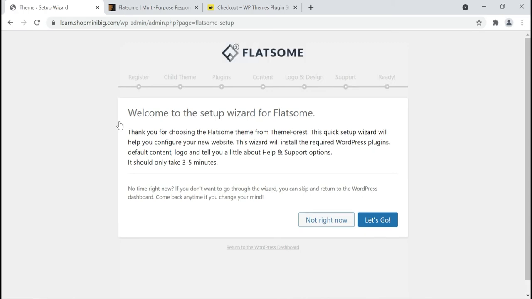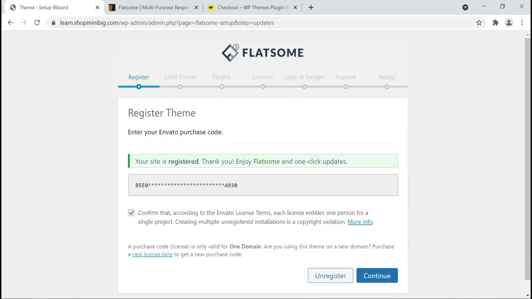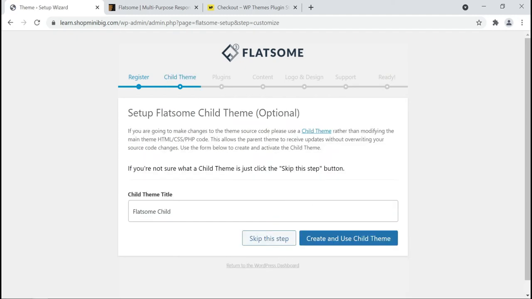Let's install the setup wizard. Click let's go. Click continue. Click skip this step because we are working on the parent theme.